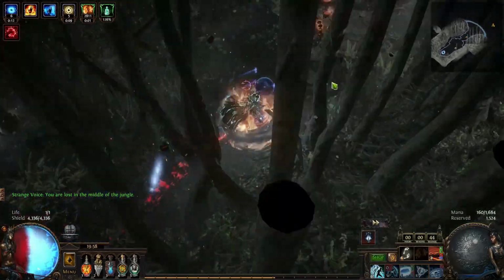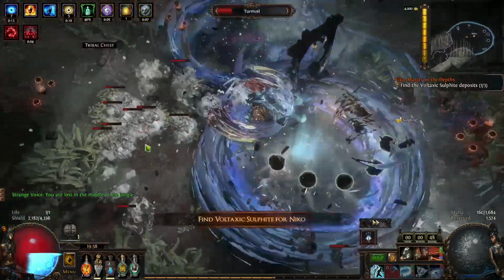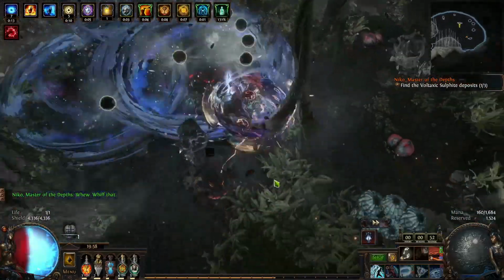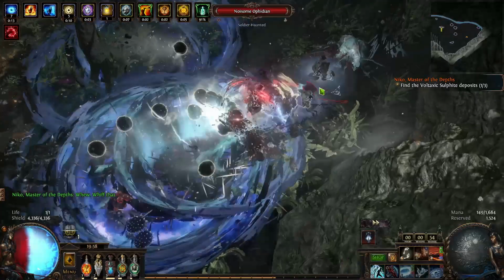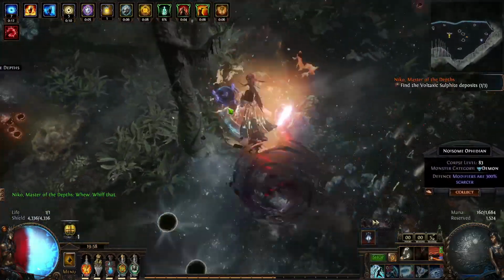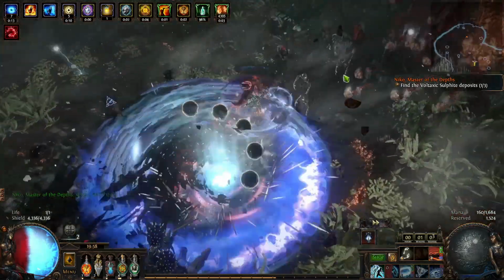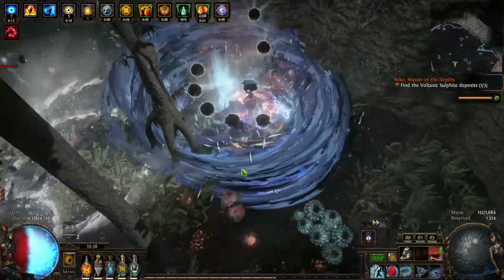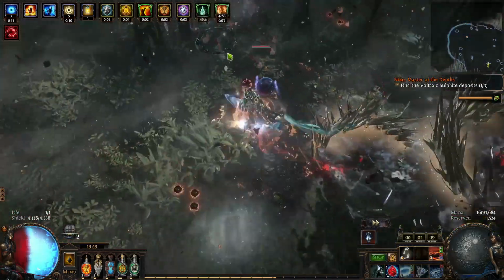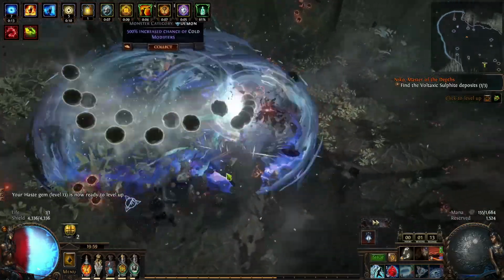I want to keep the gameplay video as short as possible. Okay, I encounter a Delirium right at the start. I just want to show you guys how it actually is. This build is just really tanky. Afterwards, when I pop the Legion, I'll probably just stand there and you can see how powerfully I can